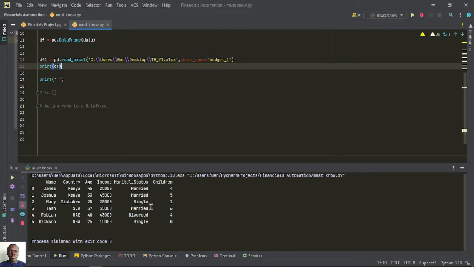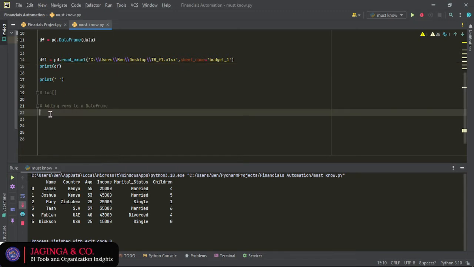This is the original data frame. Now we want to add a row at the end of this data frame, meaning the next row should be row 6. But instead of putting the row label as 6,